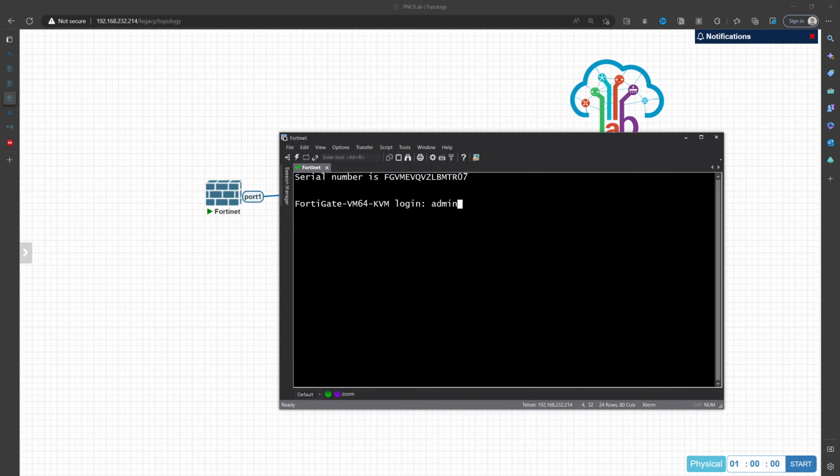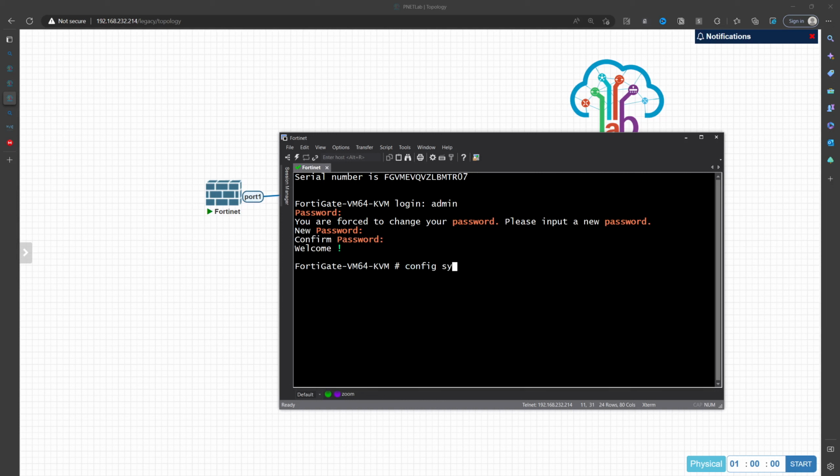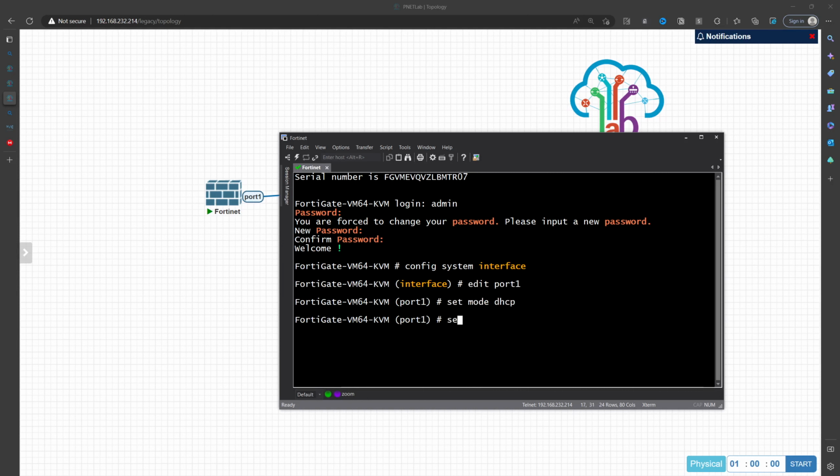Let's see, admin, no password, new password admin, confirm password admin, configure system interface, edit port 1, set mode DHCP for now, set allow access HTTPS, HTTP, SSH, ping and telnet, why not, it is a lab environment, next, and